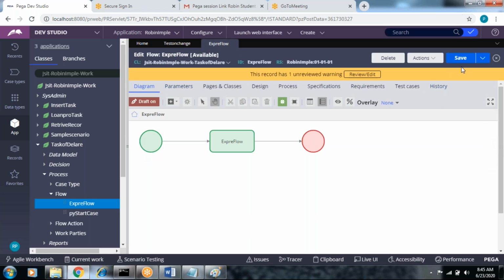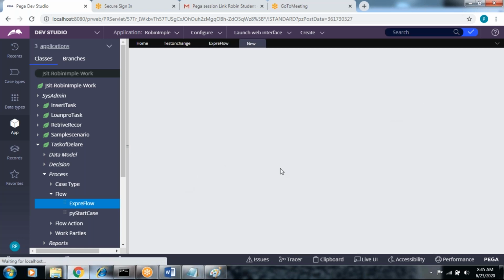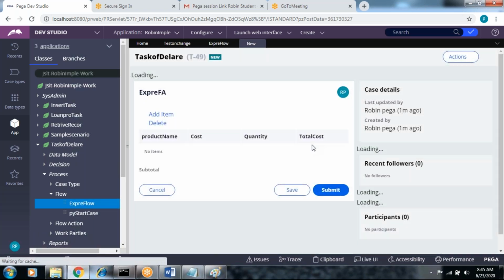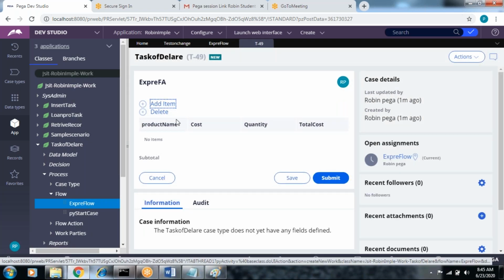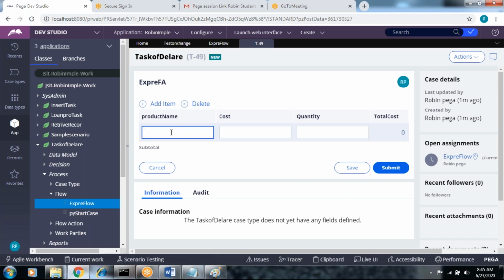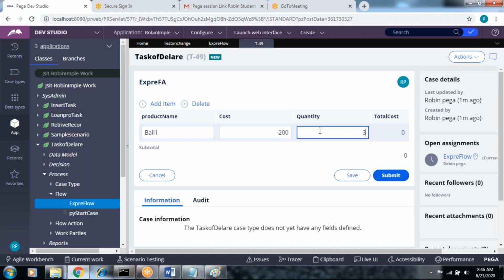Let's see what will happen when running. I'm going to set some negative values for the total. Cost is something like minus 200, with 3 quantity.